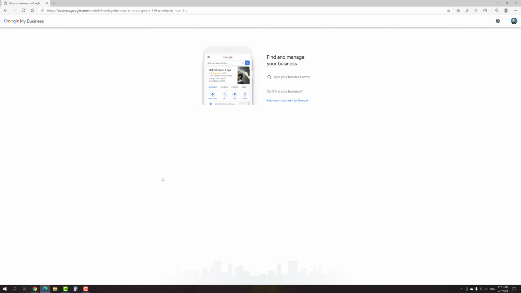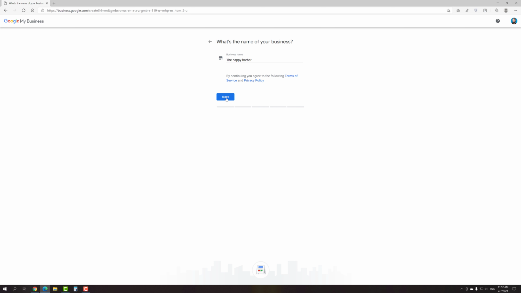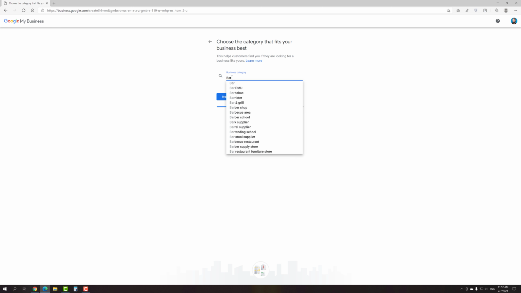Now you need to enter your business name. For example, let it be a barbershop called The Happy Barber. Press the next button and then you will be asked to choose the category that fits your business best. Try to choose the most accurate category possible, because it's the way to tell Google which type of customers should